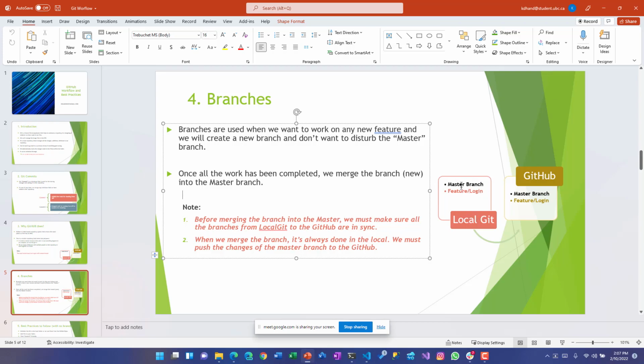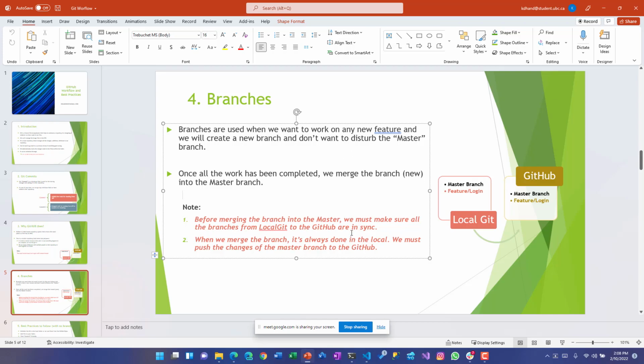So if your local Git has a master branch and a feature branch, once you synchronize this to the GitHub, it would still have a master branch and a feature branch. Now I have seen so many assistance requests where people would create a branch over here and then start working over here. No, that's not the way. You create your branch on your local Git. You never create a branch on GitHub. It's always created here, create it, work on that, and then push it to GitHub so that everyone gets the same version that you have created, right? So that should be the ideal way.